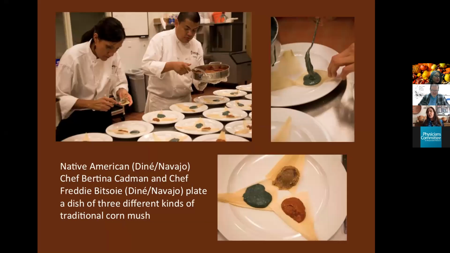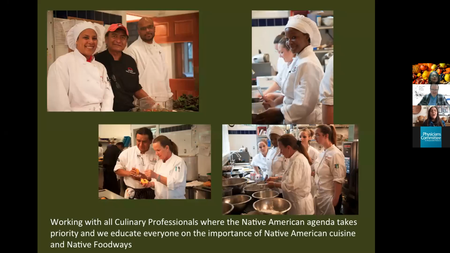Here's corn mush 3 ways. So we have blue corn, we have a white corn that's toasted, and whenever you toast the corn, it gets a little darker, and then the corn with the sumac. And actually, this chef, Freddie, is now the head chef at the National Museum of the American Indian. So he started out and actually has gone really far in his career. So all professionals, all cooks, all colors need to come together. We need to educate on these foods so that people understand why these foods are important